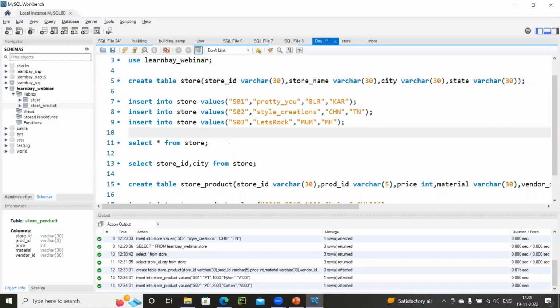Now I want to have a look at how the records inside it look. So that is why we are writing a select star. Star represents everything. And in this statement, I'm specifically writing the columns that alone I need. I don't want everything from the store, only these two columns from the store. Got it?